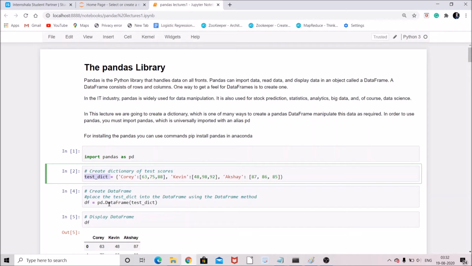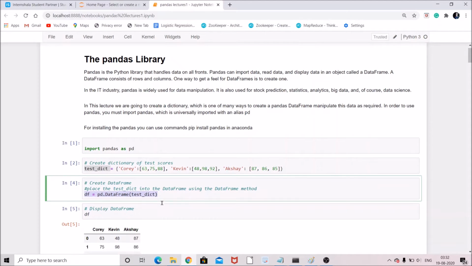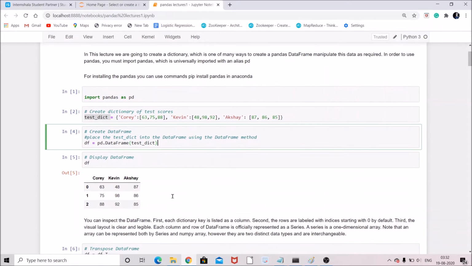For this we simply write pd.DataFrame and pass the dictionary.